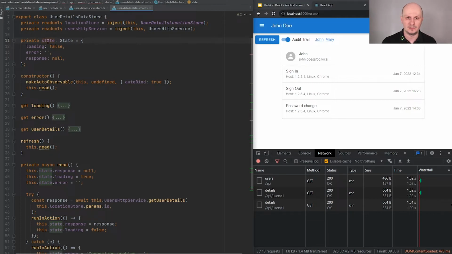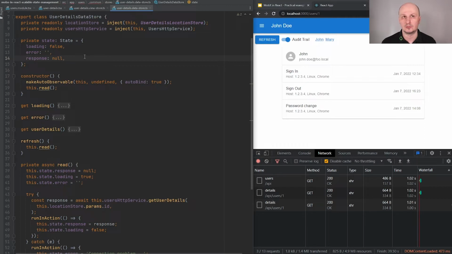I'm providing private property state where I'm storing everything that is connected with this store state. So everything outside this property is not really its own state, but we have properties like injected stores or services. We may have other properties, but everything what sits here is its own state.